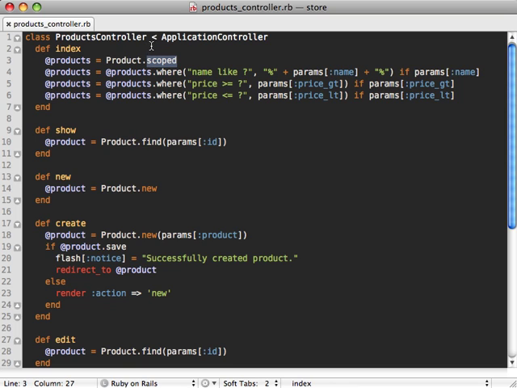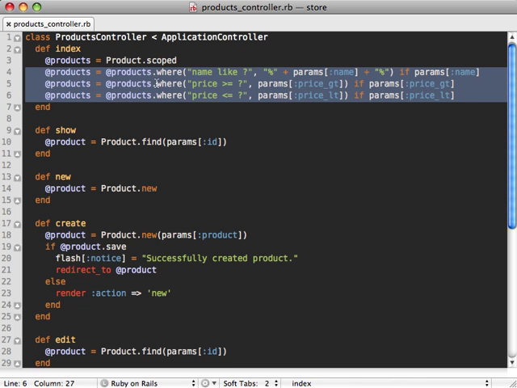The first thing I want to do is move out some of this logic from the controller because it doesn't really belong here. Notice, in really any object-oriented programming language, whenever you're calling a lot of methods or functions on another object, it usually means that logic should go in that other object. In this case, the Product class. So if you notice, we're calling a lot of methods on Product, so this should go inside that Product class